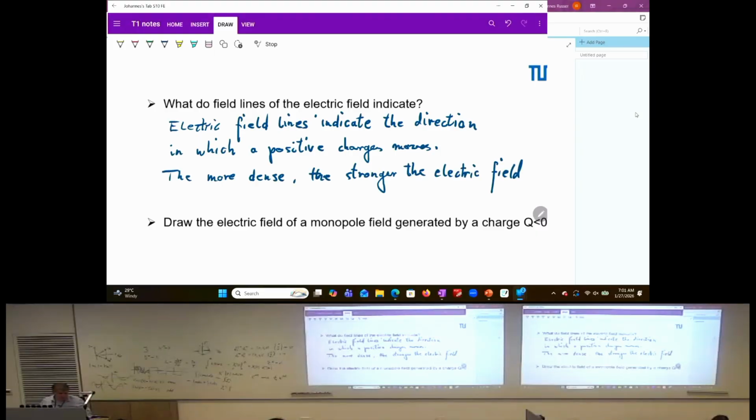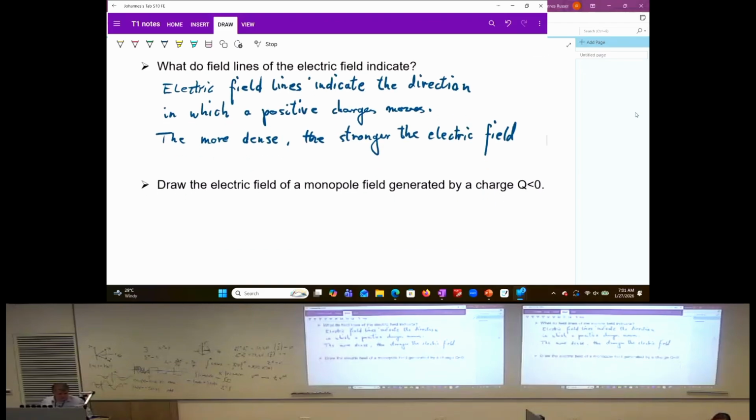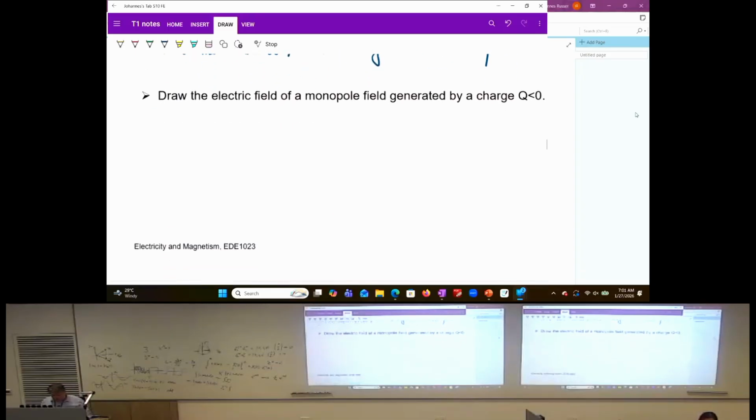So how does the monopole field look that is generated by a charge Q, which is smaller than 0? Smaller means it is basically a negative charge. So we have a negative charge here. And that means the field lines point towards the negative electric charge. And what we have in addition is